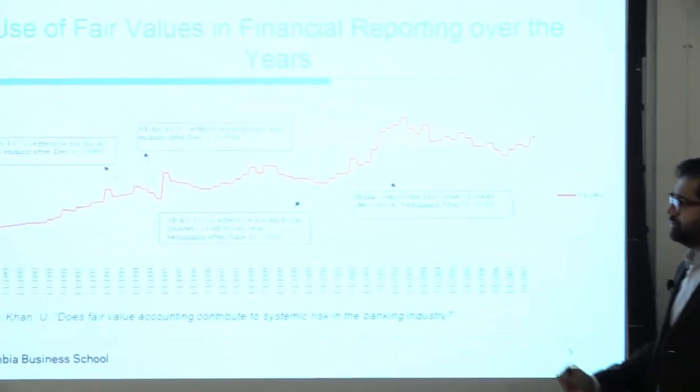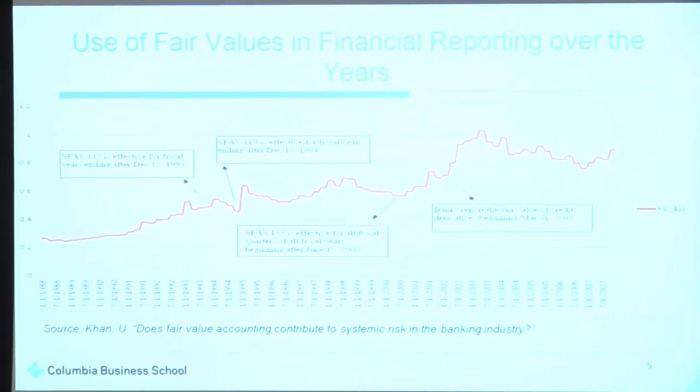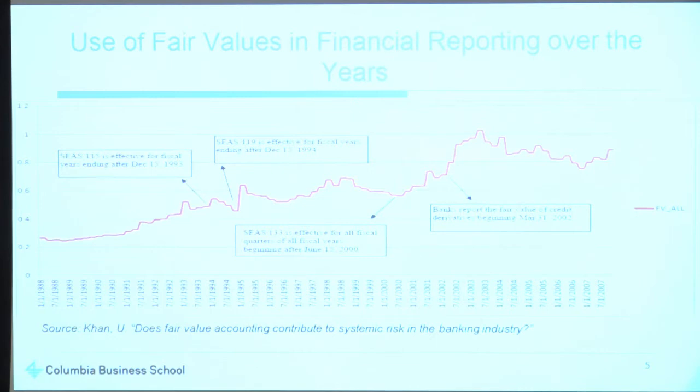So what I have for you here is, I'm trying to get an idea of how extensively fair value accounting is actually used in financial reporting. So I'm graphing here the sum of assets and liabilities that are recognized or disclosed at fair value by all US bank holding companies, scaled by the amount of loans held in the banking sector. So this gives you a sense that as a proportion of all the loans, which are not reported at fair value on the balance sheet, they're disclosed, the fair value is disclosed, how has the use of fair value evolved